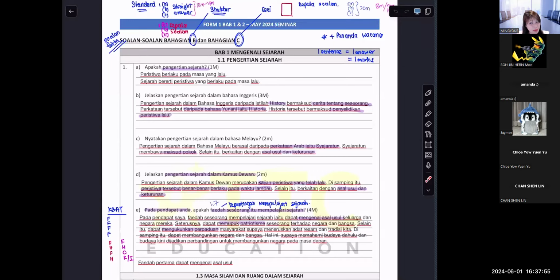Guys, I already told you all, if you write only kepala soalan and you didn't write any answer, it's also 0 marks. Because the actual answer is the point itself. That's why the government already says the standard answering technique is to answer straight. You get full marks. But you know lah, your teacher wants their own format style. So your teacher still will want you to write the kepala soalan example. Then write your answer only, they give you full marks.